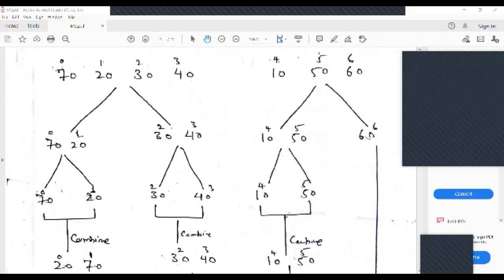Okay, just see. Now, after this, again low is less than high, again है ना यहाँ पे condition being satisfied. So at this level, that is 70 and 20, it is having the index values 0 and 1. Low is less than high, condition satisfied है. Again the merge sort will be called. तो फिर क्या होगा, mid will be calculated. ठीक है, तो दो पार्ट में array divide होगा. First will contain one element, that is index 0, another one contains index 1.